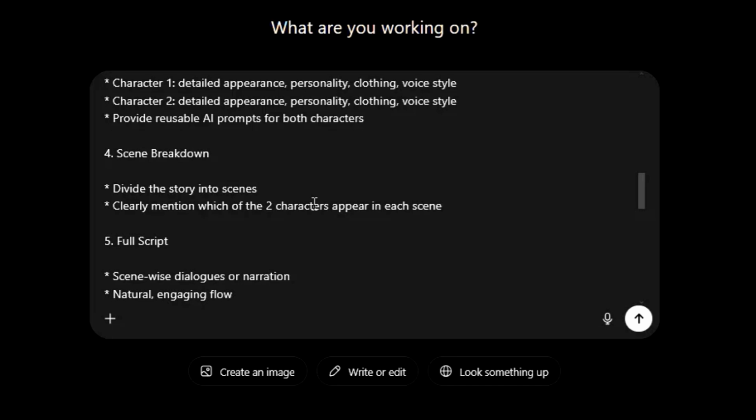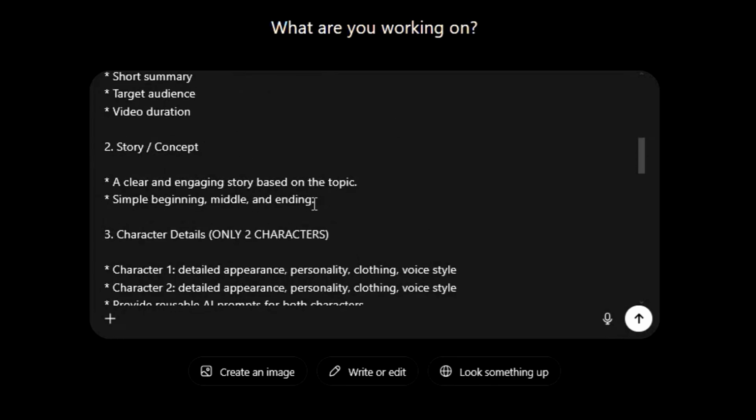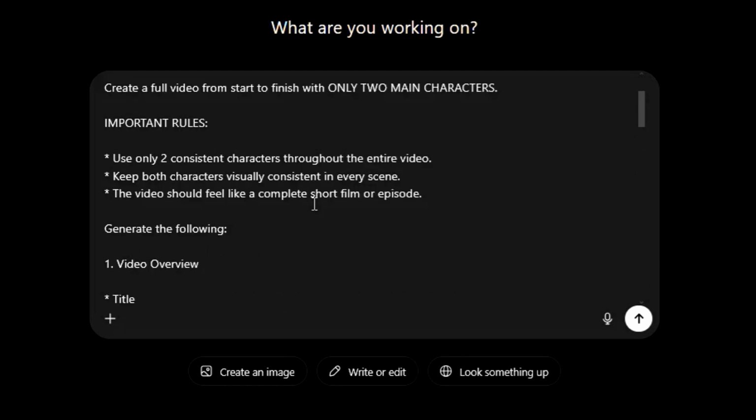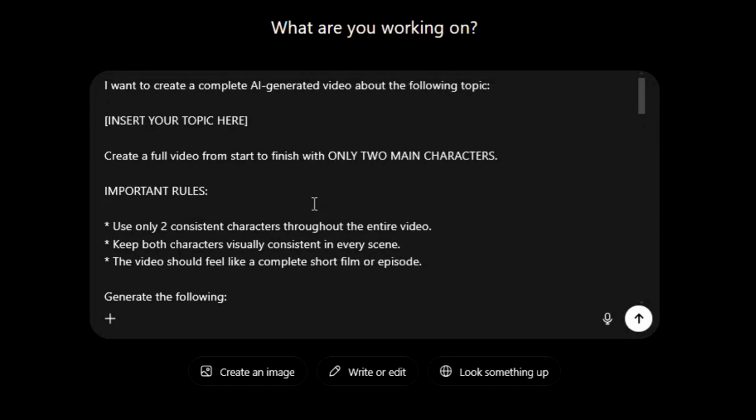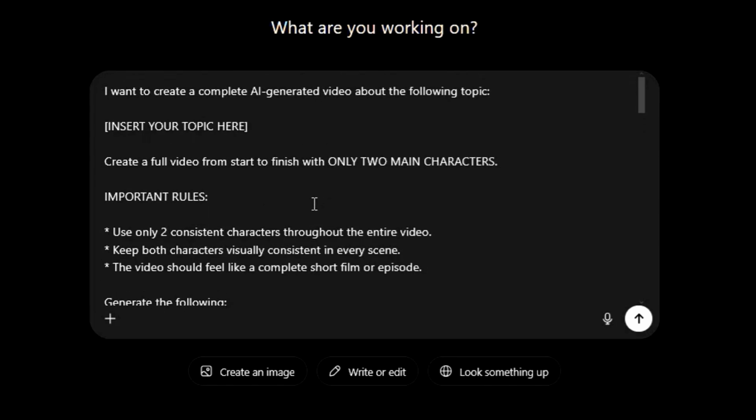And you will get a ready-to-use voiceover script which you can directly use in any AI voice too. You will get an editing guide which will include music suggestions, sound effects, transitions and pacing tips. Meaning from just one prompt, you'll get everything ready to make professional AI short films or cinematic episodes.